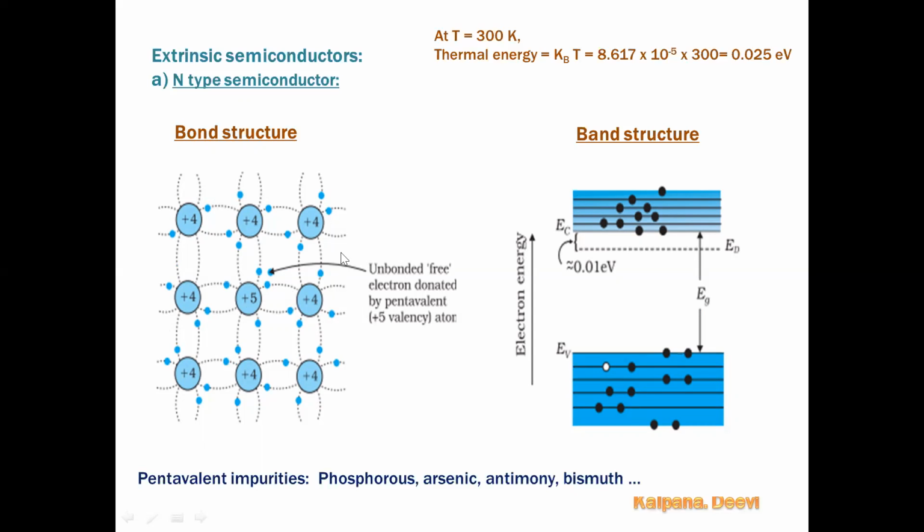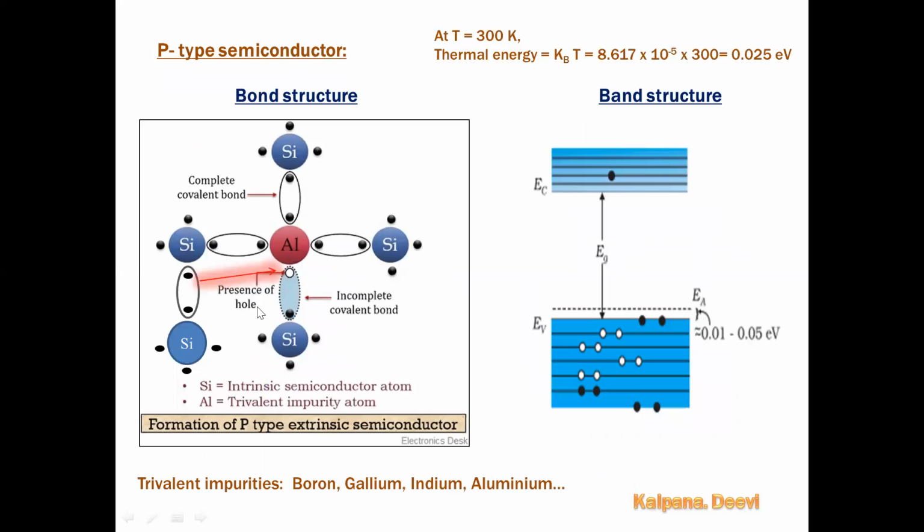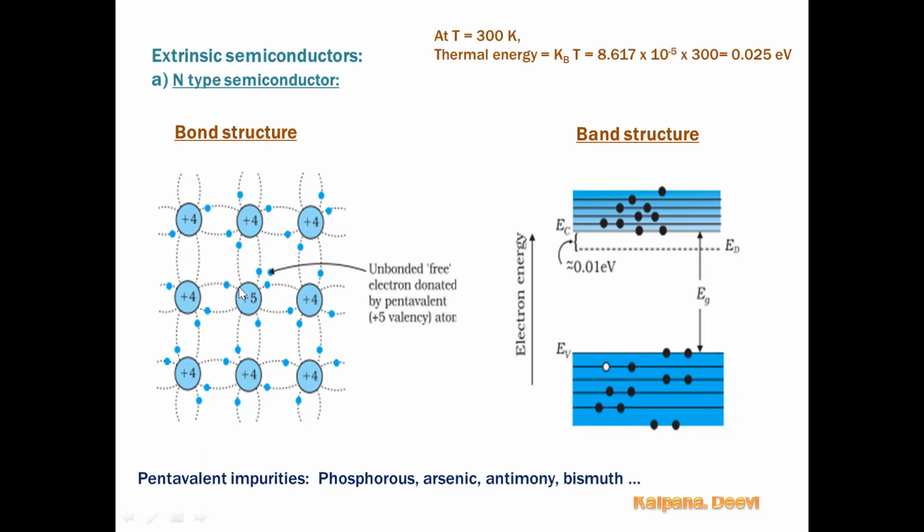Here, to a pure semiconductor, we doped a pentavalent impurity. Pentavalent impurities have 5 valence electrons. We have replaced one silicon atom with a pentavalent element here. Of these 5 valence electrons, only 4 participate in the bonding and 1 extra free electron is available in the material. So if we add n number of impurities to a pure semiconductor, then we get n number of free electrons in the material.